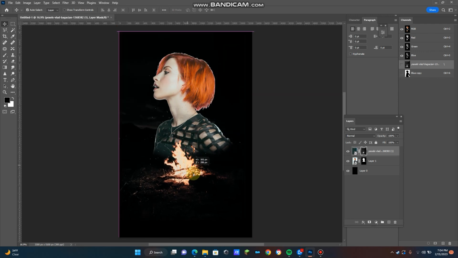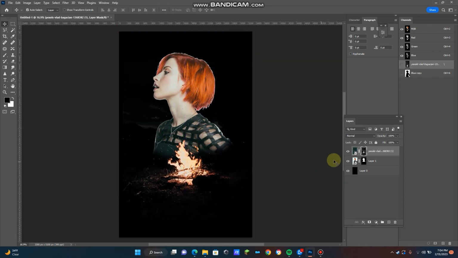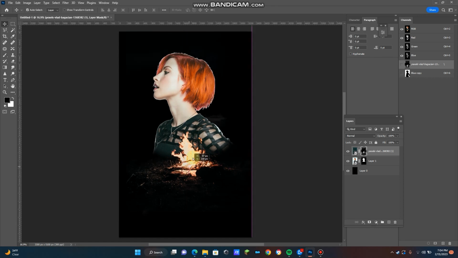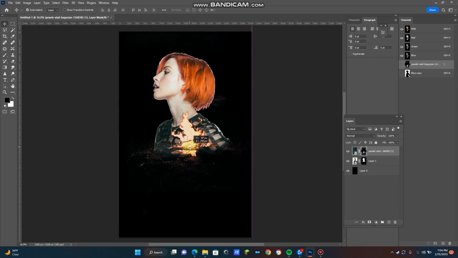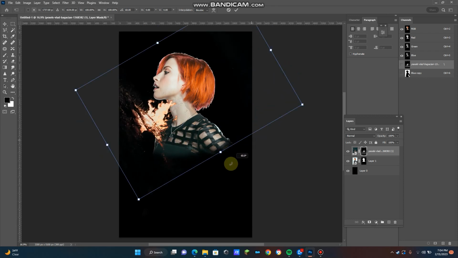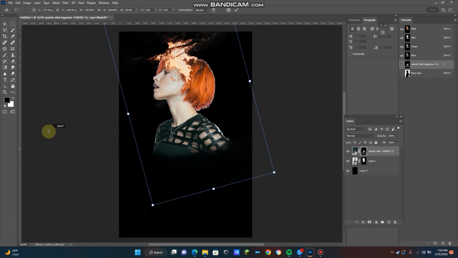You can see there are parts where I need to spend some more time cleaning up my selection, so I can just go back into the layer mask and again just paint over some of those spots that I don't want to show up. And then I should be able to start planning how I want to use this. So I think I want it to be flipped. And if you hold shift, it'll flip it at an angle so you can get a